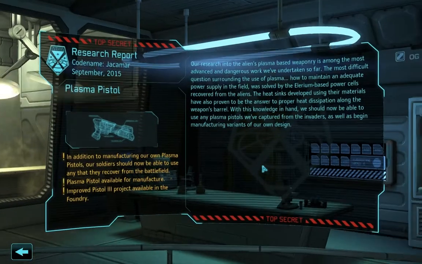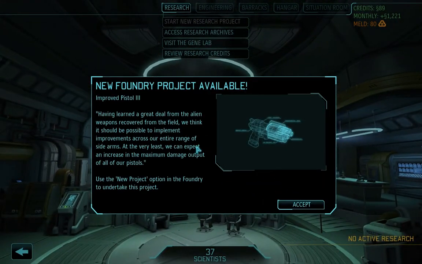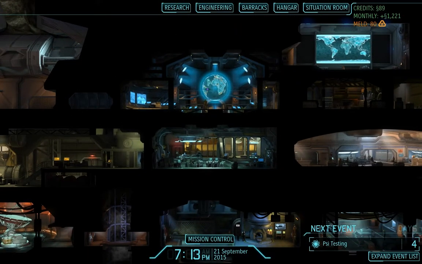Plasma pistols done. Oh, improved pistol 3 project is available, I didn't know that. Take a look at that. We don't need any more research because I think we're done basically almost everything. We need fusion cores, which we can only get from battleship class alien ships, which we haven't encountered any of yet. So for that we need, that's for the blaster launcher, which will improve our heavies rocket launcher